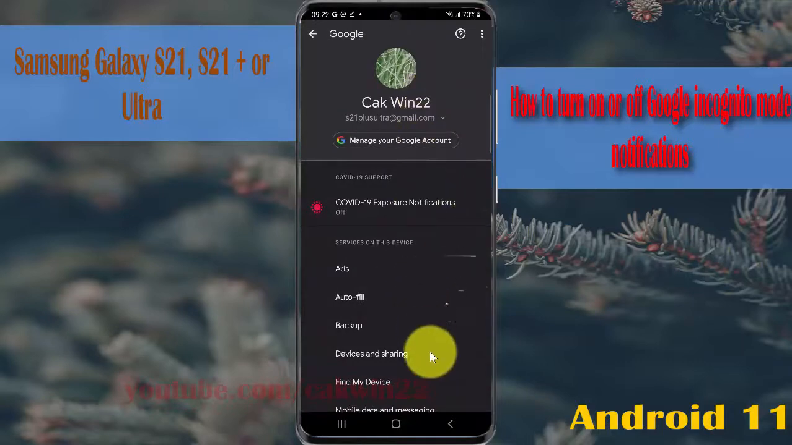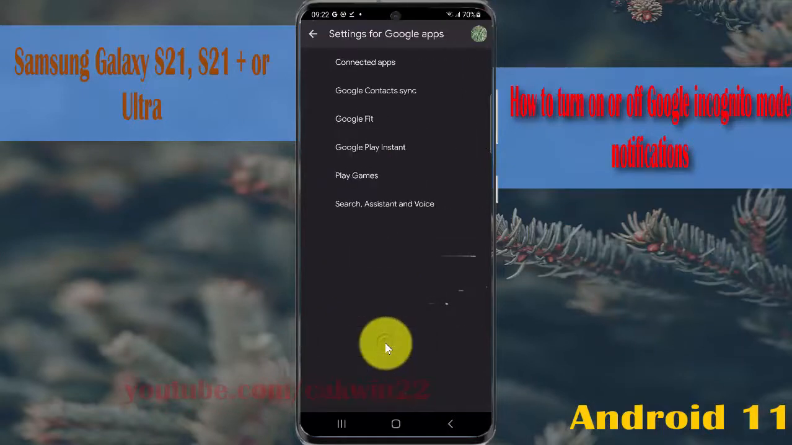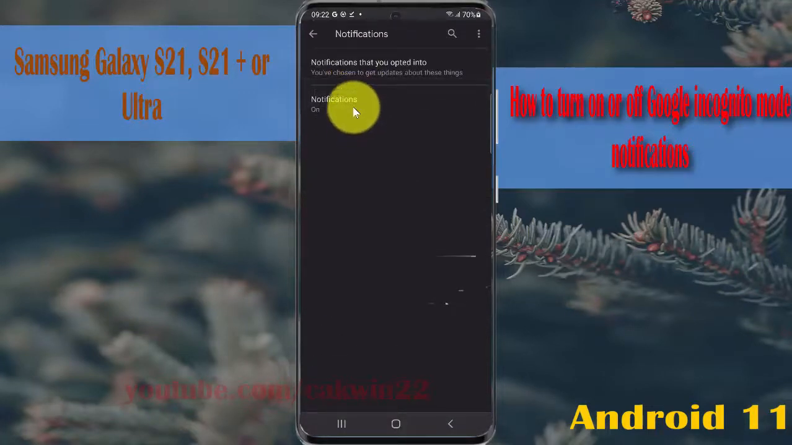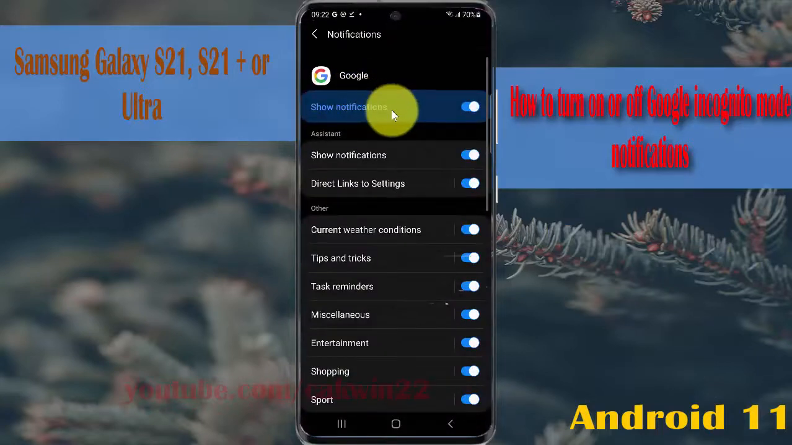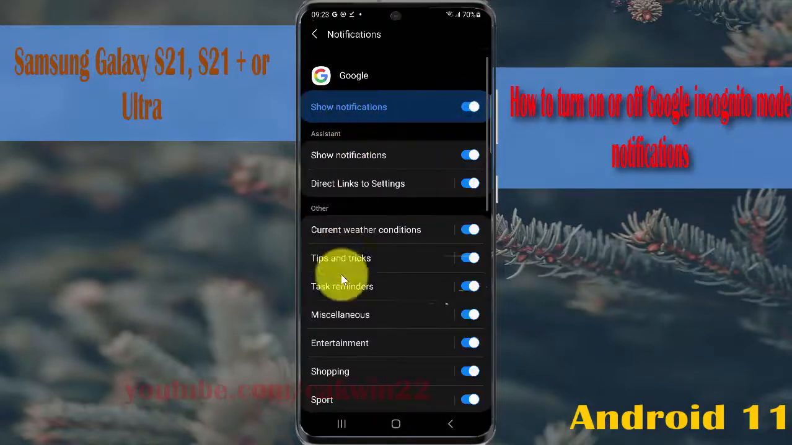Then scroll down the screen, tap settings for Google Apps, and then tap search assistant and voice. Tap notifications, and then tap notifications again. You must turn on Google notifications first. If Google notifications is off, tap the notification switch until blue to turn on, and then scroll down the screen,